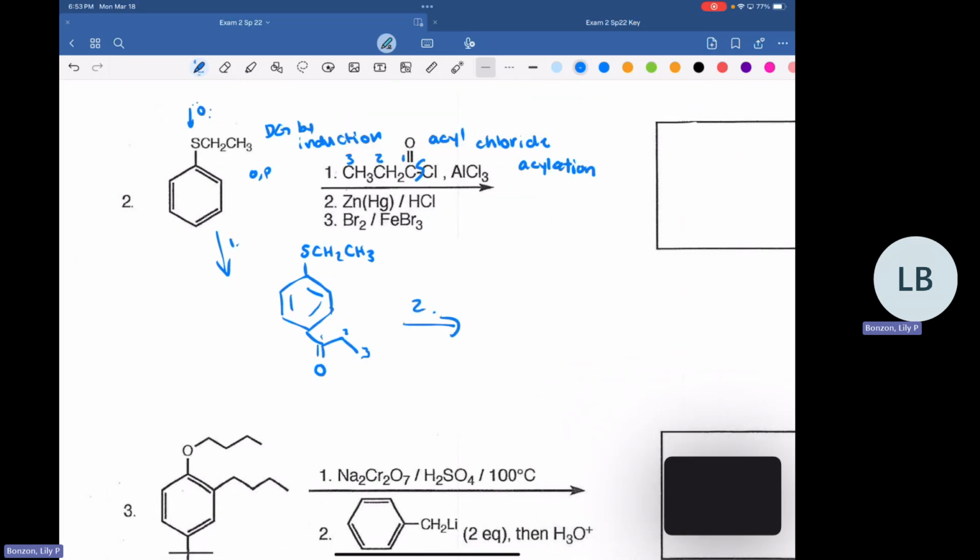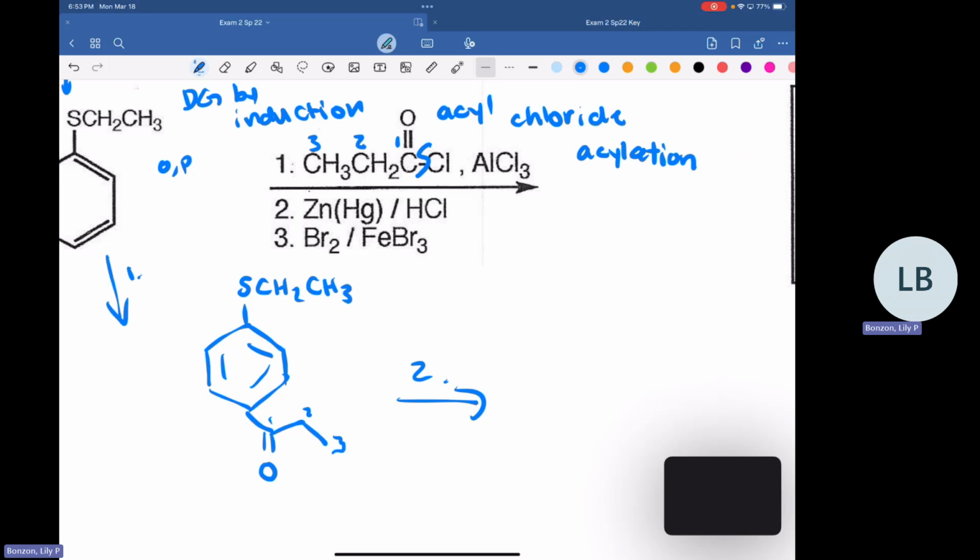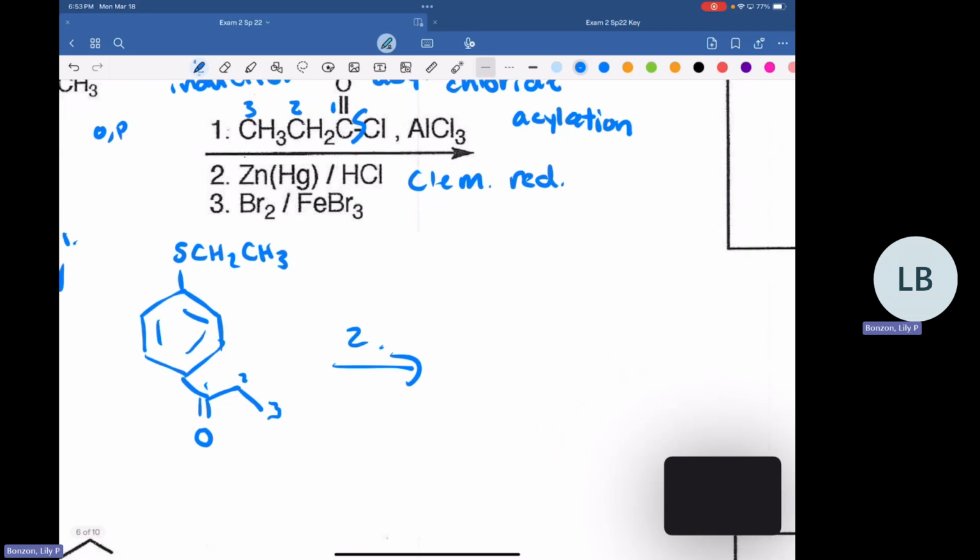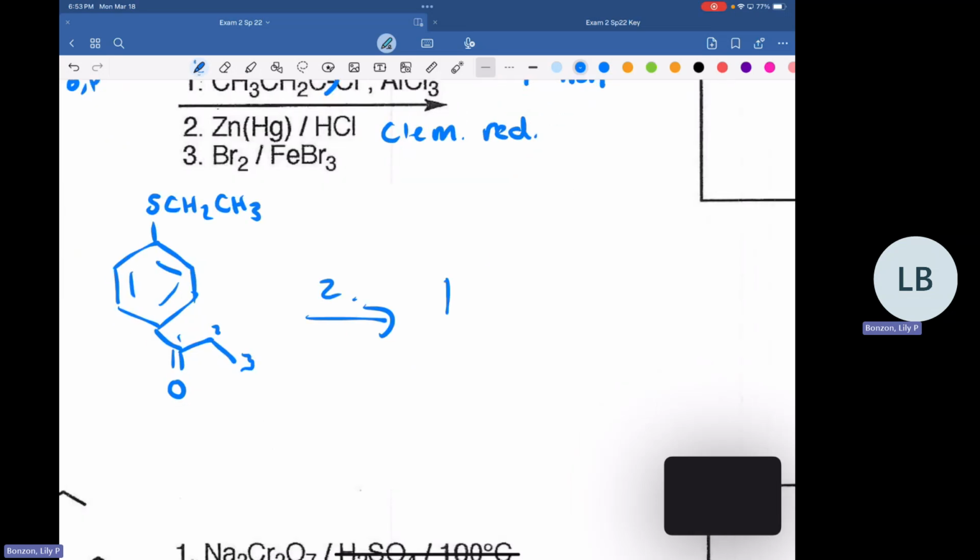All right, step 2. This is going to be what's called the Clemmensen reduction. And so this one's kind of funny. It takes ketones and turns them all the way back into the alkyl. So most of the other reducing agents we've seen so far turn a ketone into an alcohol or something, but this one's actually just going to take it all the way to the alkyl and get rid of that oxygen. So it basically turns a ketone into just a regular alkyl group. So that's going to be the product of that reaction.